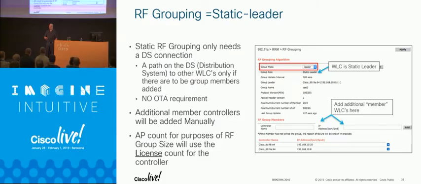About version 7.2, when we started introducing RF profiles, they changed that to only counting actual connected APs. So now, if you have an AP group's potential of 1,000 APs, you only have 500 APs, it shows 500 APs in the AP group, where if you had two controllers with 500 licenses, regardless of how many APs you had before, you have 1,000 APs.